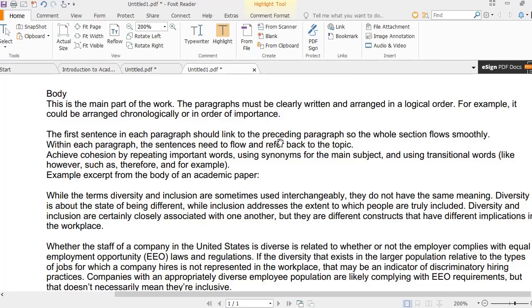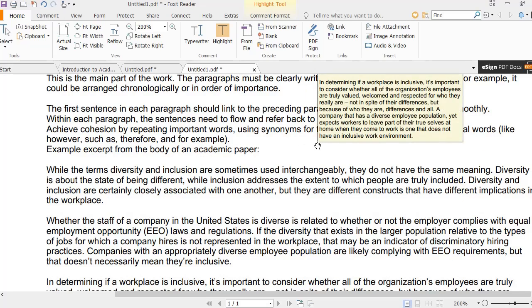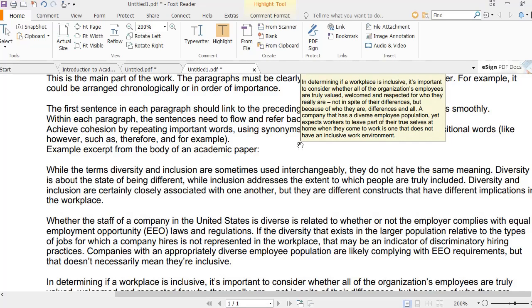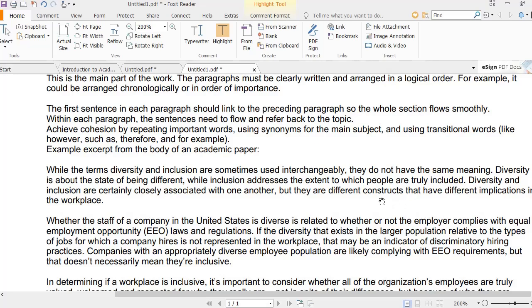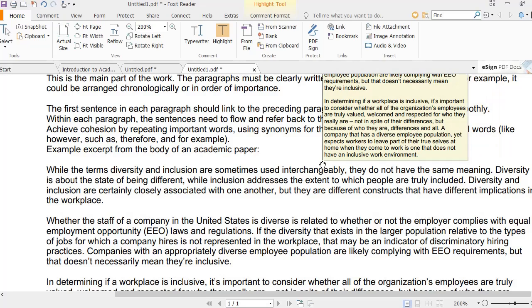While the terms diversity and inclusion are sometimes used interchangeably, they do not have the same meaning. Diversity is about the state of being different, while inclusion addresses the extent to which people are truly included. Diversity and inclusion are certainly closely associated with one another, but they are different constructs that have different implications in